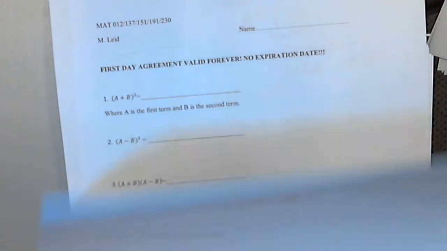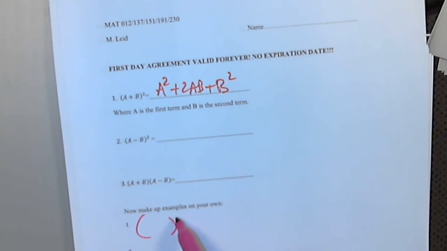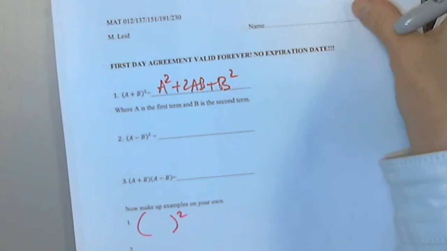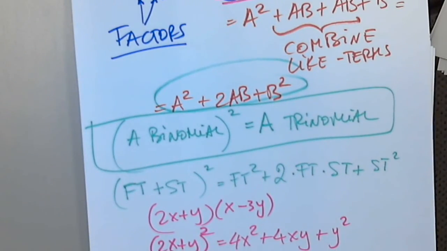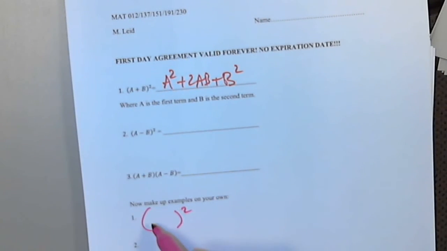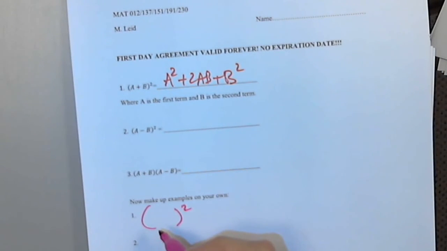Let's try another. Give me another example of something you want to square. Oh, I'm sorry. Did I cover it? So give me another example, please. Okay, 5x